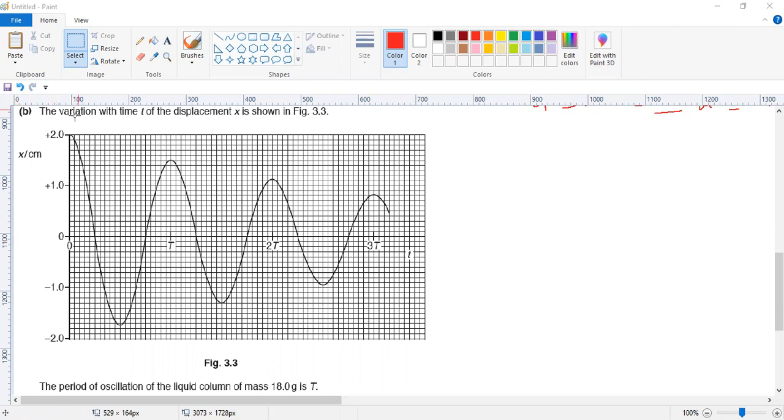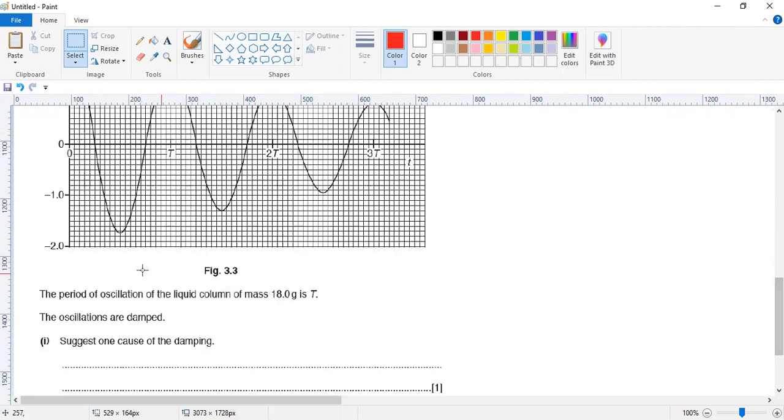Okay, let's go to question B. The variation with time of the displacement x is shown in fig 3.3. This is the displacement with time. You can see the amplitude is being lost as we move with time. All right. The period